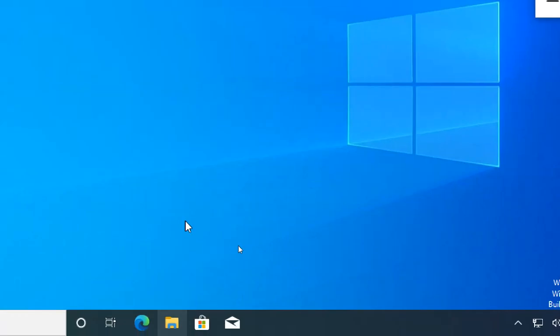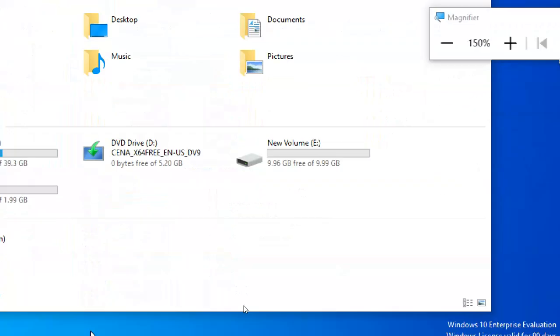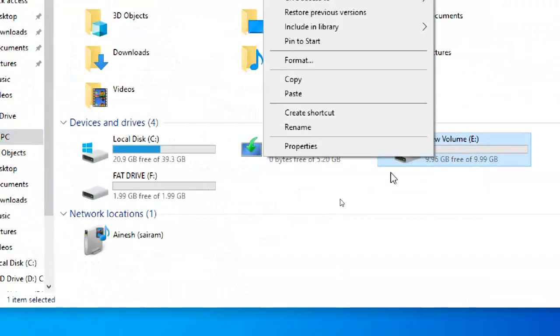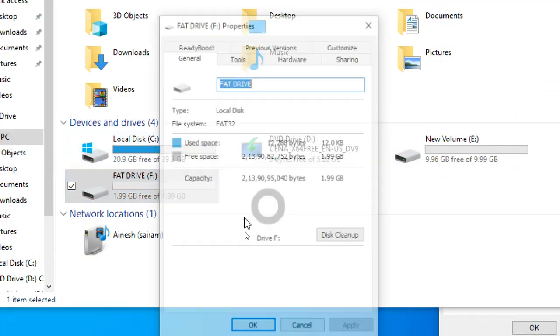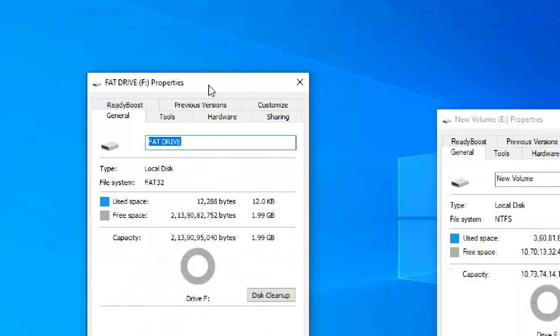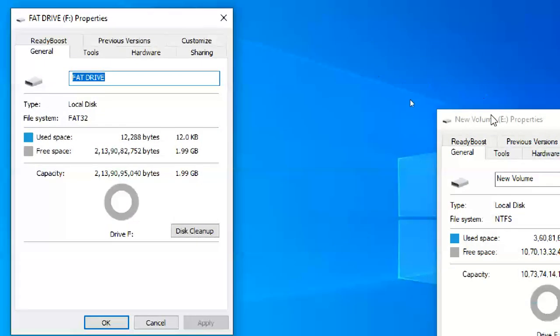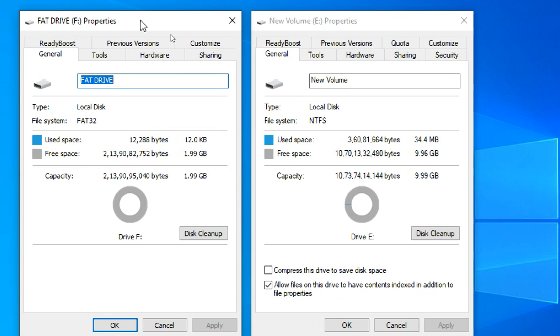Okay, now I'm going to open This PC. This is NTFS. Right click properties E drive, and this is F drive. Right click properties. Now I am going to minimize this one so I can show you two things here. This is F drive. This is E drive. This is NTFS. This is FAT. Look at these tab buttons and tell me what things are in NTFS which are not